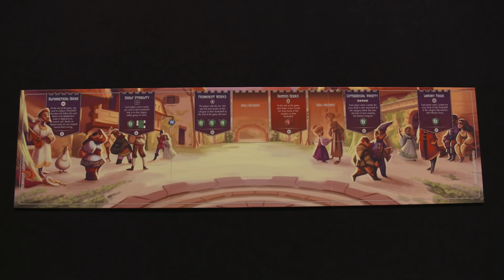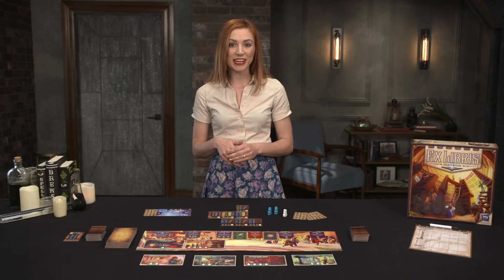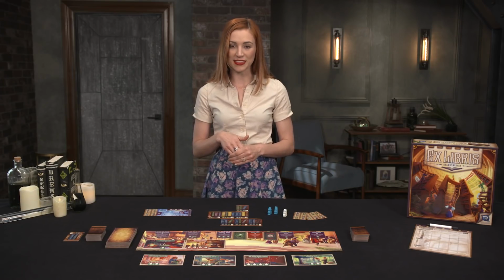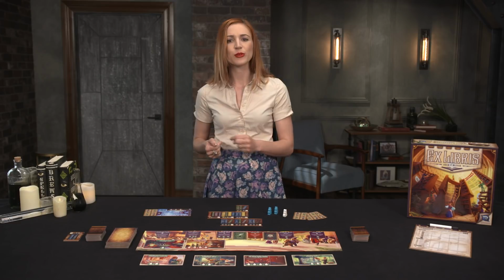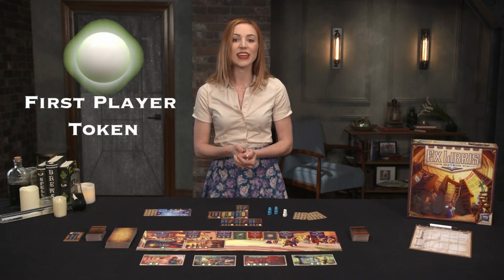of the city. Setup begins with the town board placed center and the diviner's hut, known as location number 1, right below it. Then shuffle the remaining location tiles and place them nearby. That's going to be your draw deck. The player who most recently acquired a new book takes the first player token, and then they will shuffle the